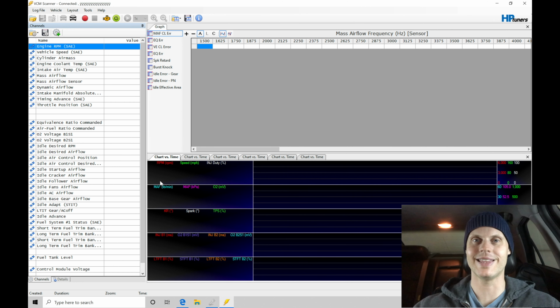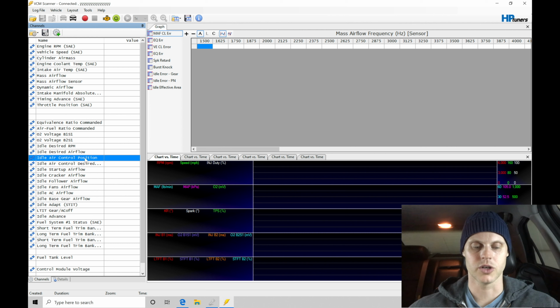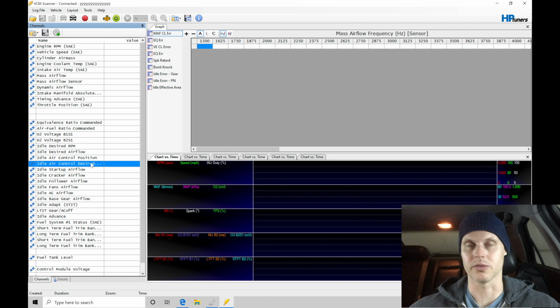What we're finding in this particular format is that it's going to be a little bit better suited towards drive-by-wire idle control tuning. The other one was more suited towards throttle cable-based, motor-style idle tuning. So that's kind of the difference. Some of what I have here is going to be some redundancy. Some things like our idle air control position and desired are still remaining. Those are not really relevant at this point with drive-by-wire, but I still have them populated in my master list here. Okay, so now what we're going to do is go into our scanner,